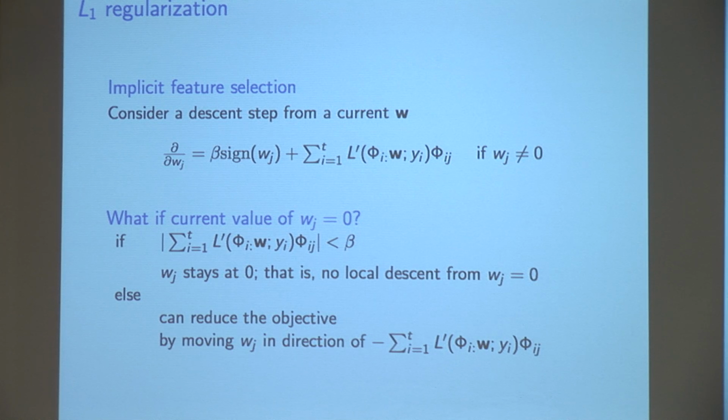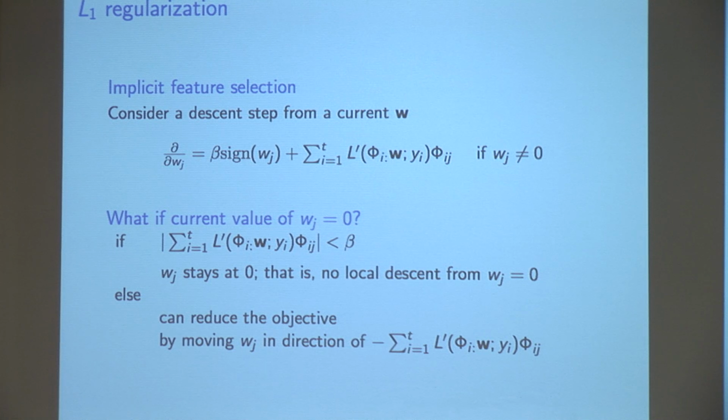So if we're trying to do a quasi-gradient descent like optimization, why is it that if we have some weights at 0, they're going to stay at 0? Well, we could think of it as a game of opposing pressures. Just naively, think of the gradient. Now the gradient isn't defined at 0, but think of a gradient away from 0. What would we be seeing? We'd be seeing two terms. This is the term coming from the regularization penalty. This term is trying to drive the weight back to 0, with a constant pressure. And this term is the gradient of the loss. This is the term that's driving the weight to try to minimize the loss.